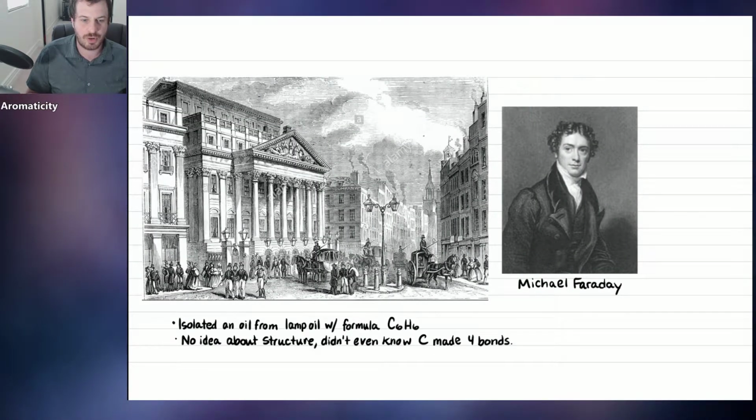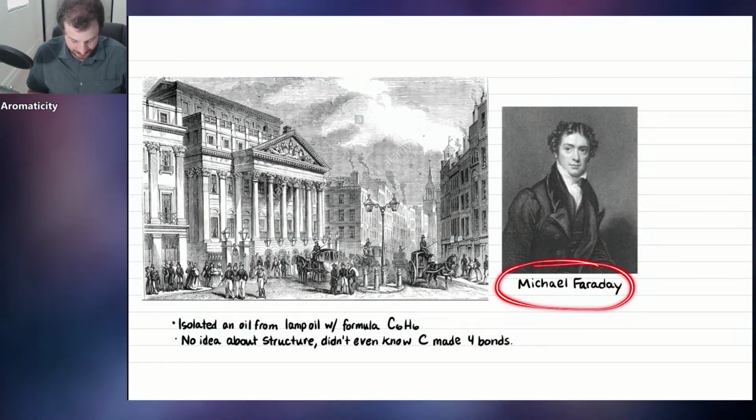Okay, so benzene, the history of it was interesting in that it was discovered, isolated, I should say, by Michael Faraday, who's more well known for his work on early electricity studies. So if you take an electricity and magnetism physics course, you'll find out there's actually a unit in that class called a Faraday, and it's named after this guy, Michael Faraday. But what most people don't know is that he was also interested in chemistry. And he was messing around with lamp oil.